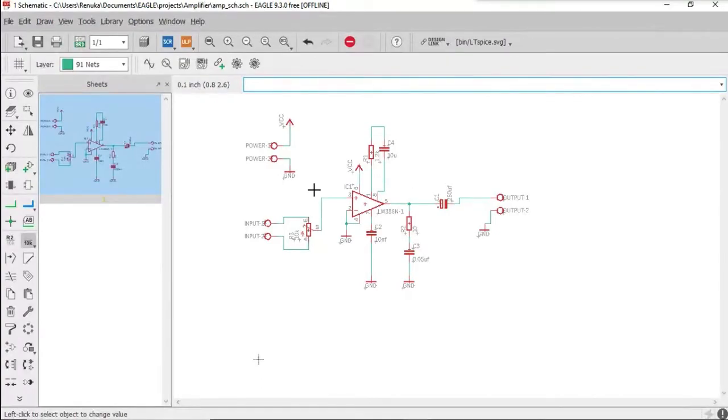I just missed giving a name for the potentiometer. You have to provide 10K for the potentiometer. After that, save the file.